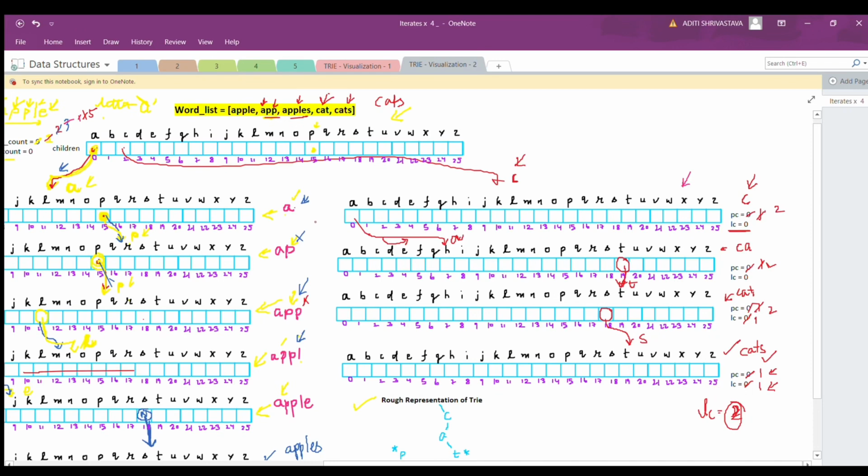We can search for a word in order of L time, and the insertion is also order of L time, where L is the number of letters, since we are traversing the word only once. So we are traversing all the letters of the word. So time complexity is reduced significantly, and that is why tries are used, right? For various queries, we can use this prefix count and leaf count and output the result similarly. And whatever we have discussed so far, we just need to frame that in the form of code, and that we would be doing in the next lecture.